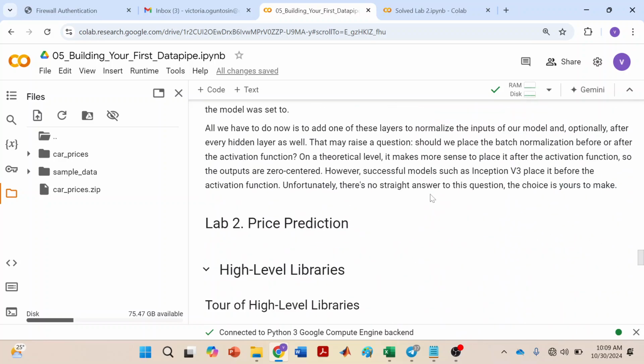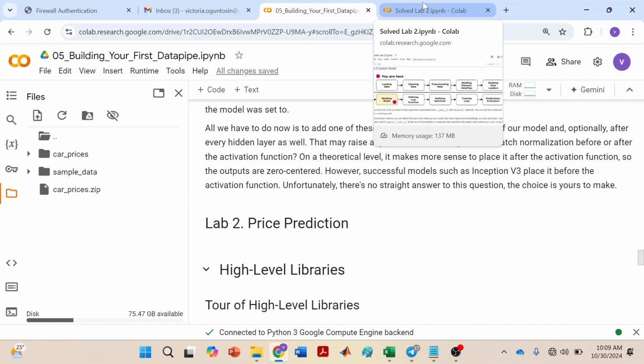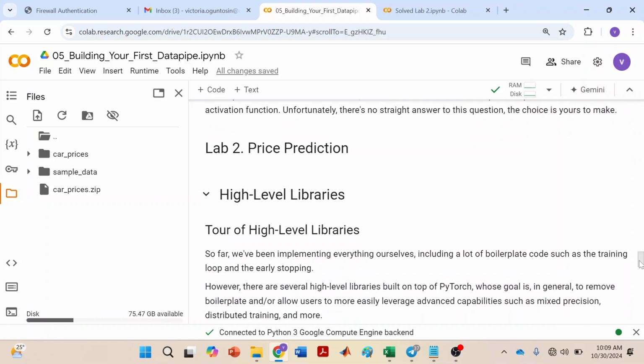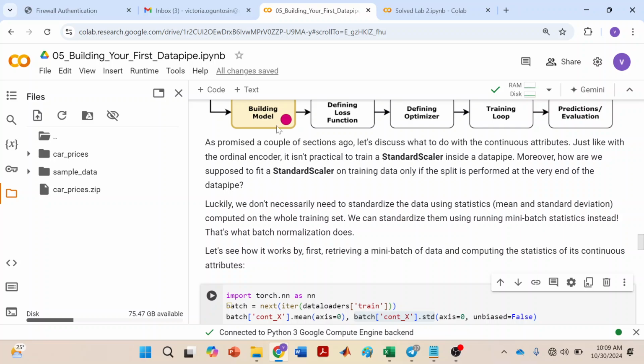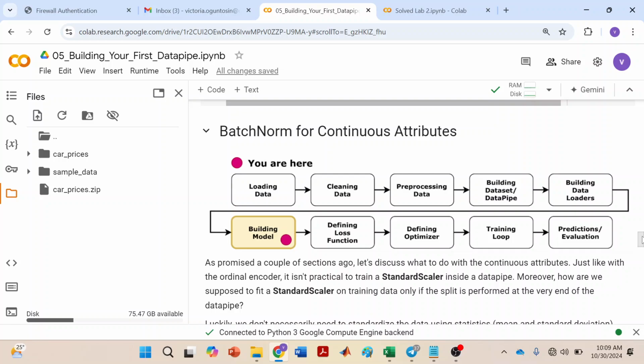So based on what we've done, in the lab, we are going to continue from where we stopped. So tomorrow, 5 to 6, we are going to continue from where we stopped. What we are going to continue with is we are going to build the model. So we've basically done what is on the top here. So in the lab,